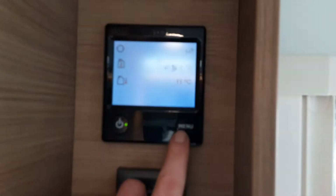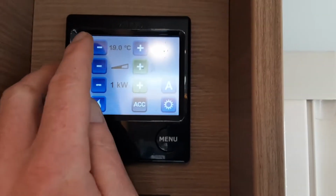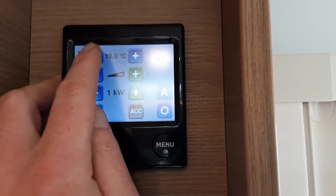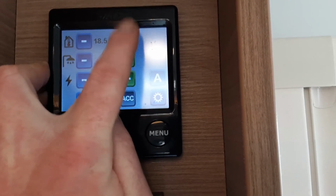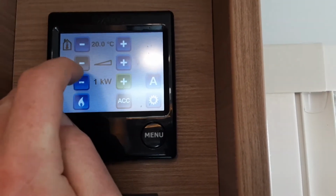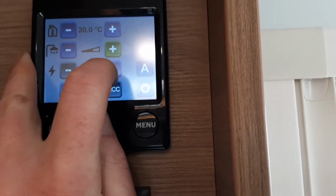So once the system's full, you can come over to the control panel on the other side of the van, press the menu button just here, and at the top here you've got your control for the heating internally on the van. You've got minus or plus to set the temperature. Below that you've got your water heating, so when it's grey on this side the water heating is off, and you've got water on